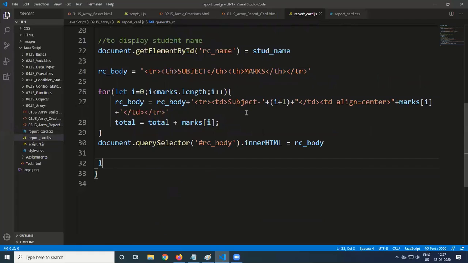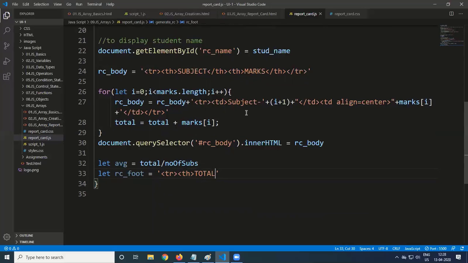So let AVG is equal to total divided by number of subjects. So let RC underscore foot is equal to a table row, table heading.